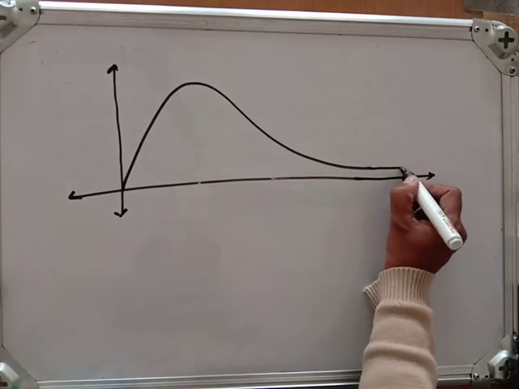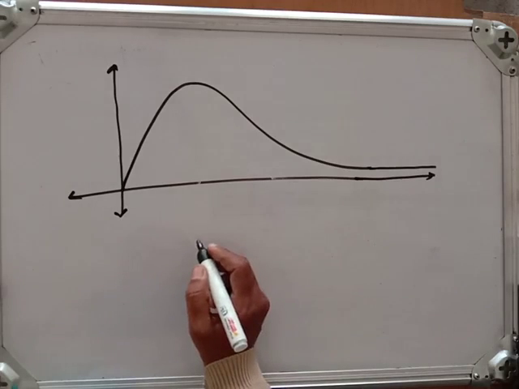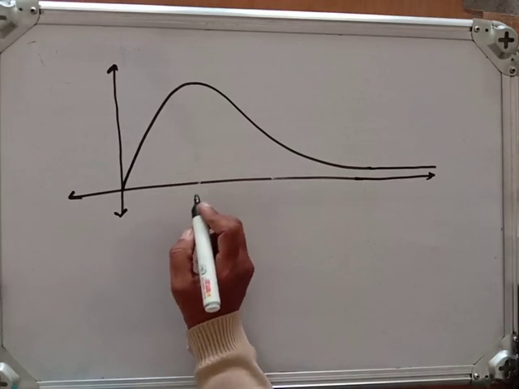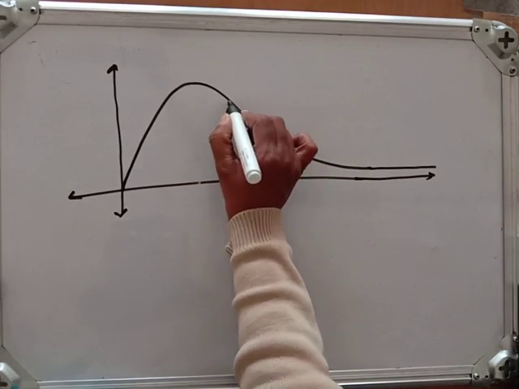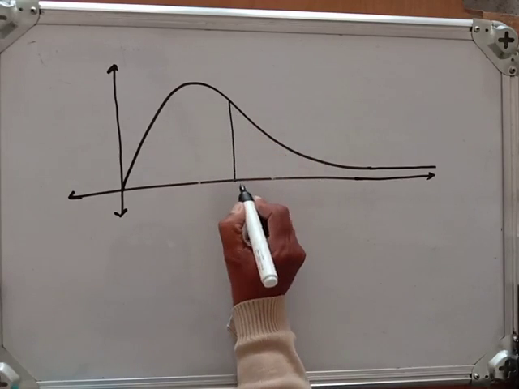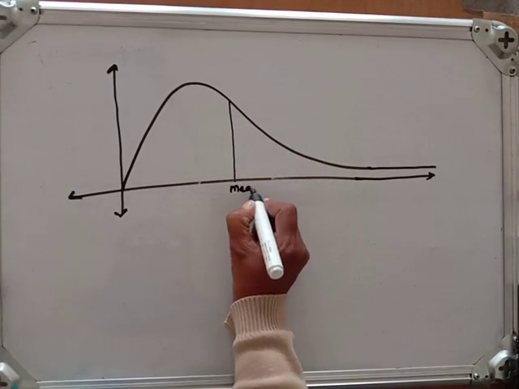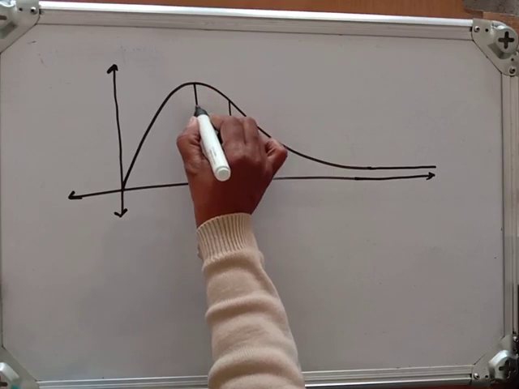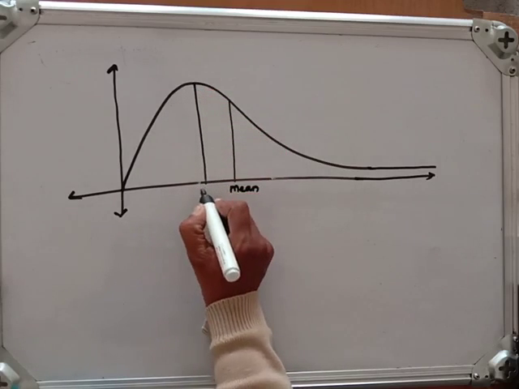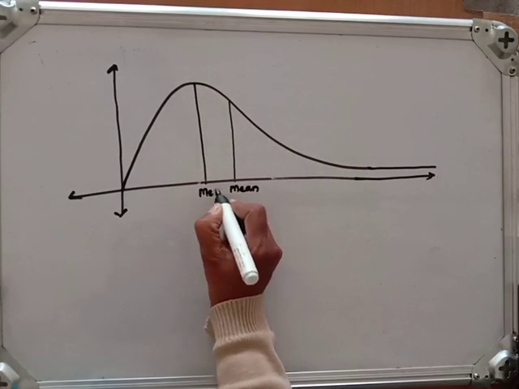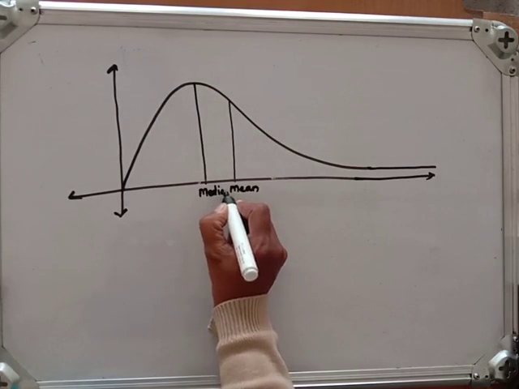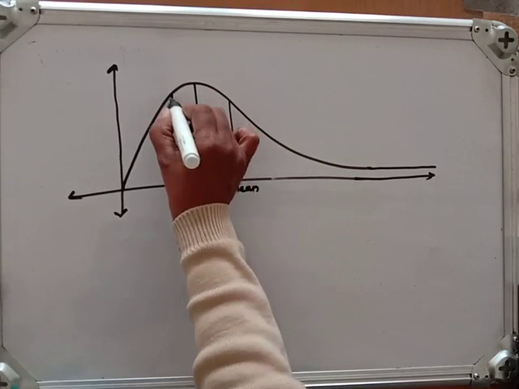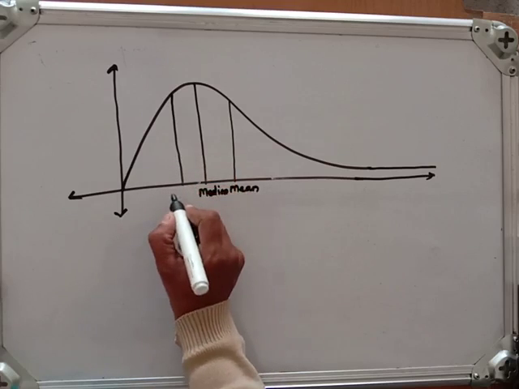Here it will decrease as such. Fine. Now here the mean is greater, so somewhere here is the mean, then this part is a median, and somewhere here the mode lies,